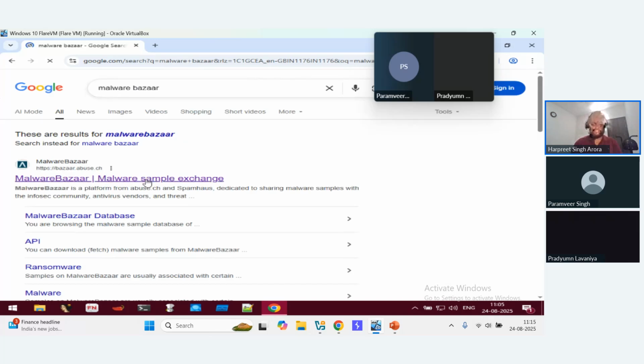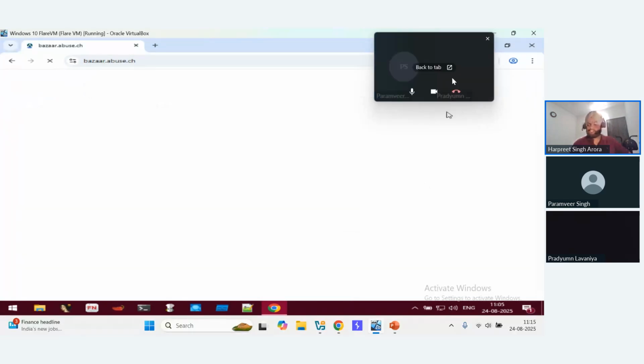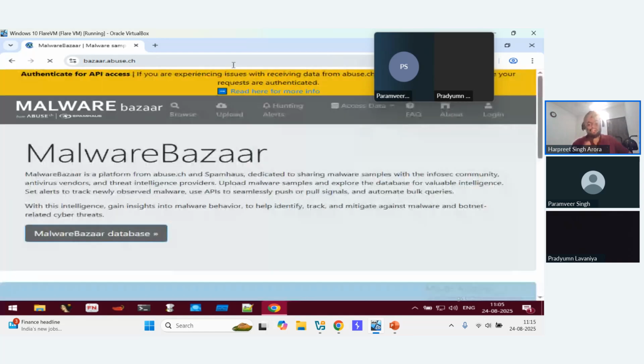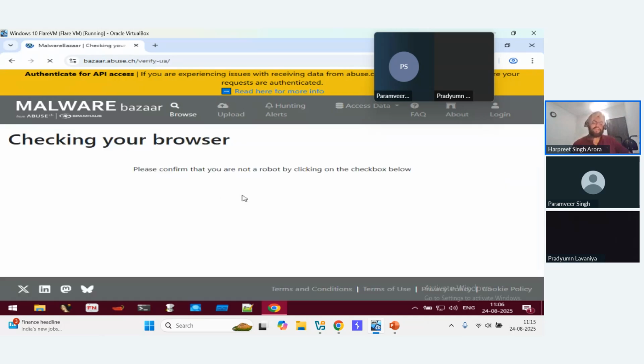So in Malware Bazaar, or bazaar.abuse.ch, you would get the entire database, or you could upload your payload if you are developing. When we enter the malware database,